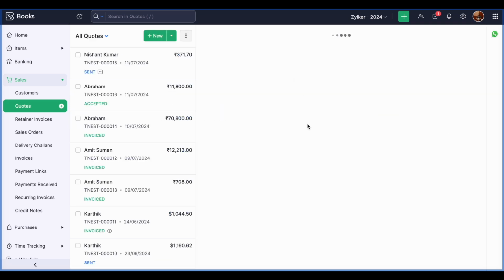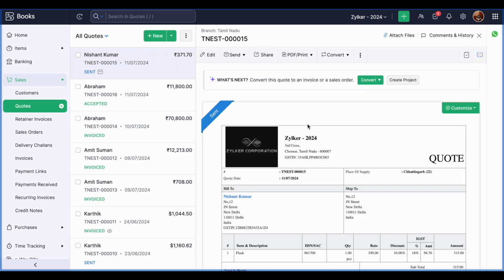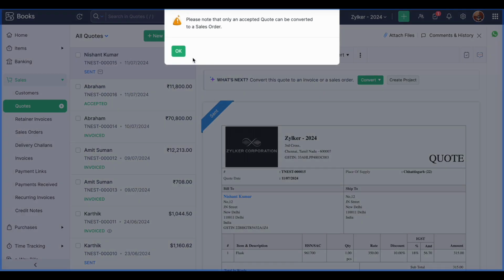So now the code has been generated and you have sent it across to your customer, and the customer has also accepted it. The next step is to convert this code either into an invoice or a sales order. So depending on your business process, you can choose to convert it to an invoice directly or convert it to a sales order. So when you click on convert to sales order,